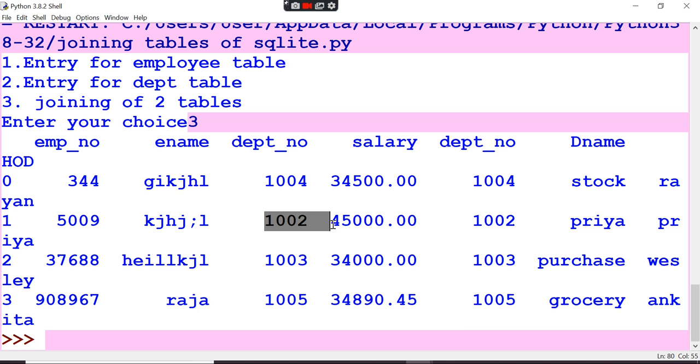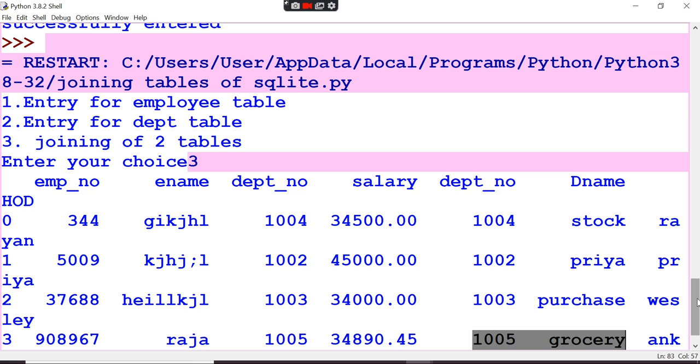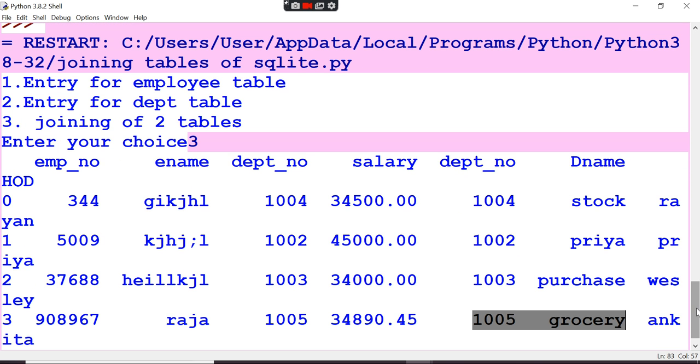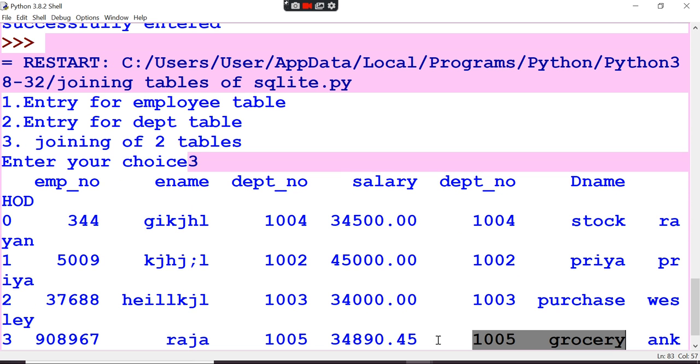Similarly, see here, 1002 is connected with 1002. Instead of stock I have given some name by mistake, that name is there. But if you see the next one, 1003 that is the purchase department, 1005 already existed, 1005 grocery. So if you enter other details, like 1010, those will also appear.